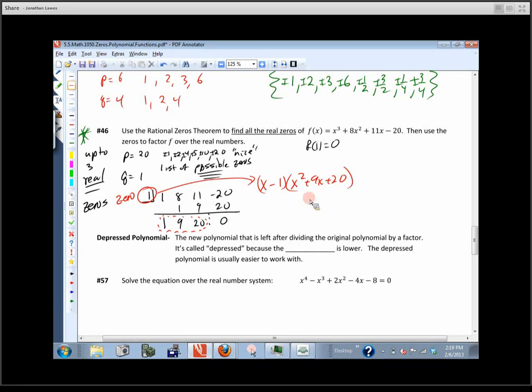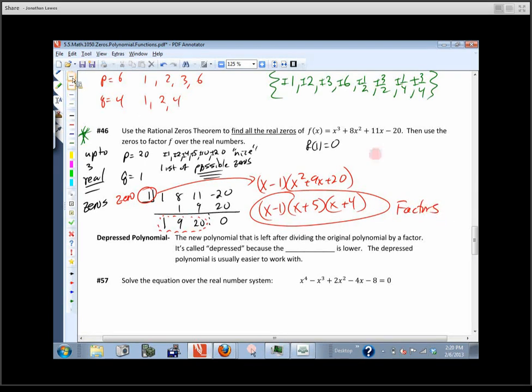It can be factored. Okay? It's a little easier to work with, right? It's degree 2 now. Do you know how to solve a degree 2 polynomial? You bet. So this factor is x minus 1, and then I'm looking for factors or numbers that multiply to be 20 and combine to be positive 9. The numbers that do that are positive 5 and positive 4. There it is. There's the factored form of the polynomial, and notice that it said use the zeros to factor it. So here are all the factors.